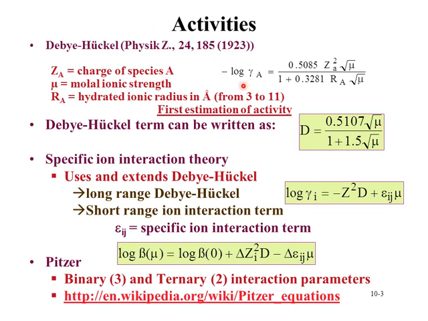It's a rather straightforward equation. Here's your activity coefficient, where we have some constants, and some of the conditions involved are the charge of the species, the molal ionic strength, so not molar but molal, and the hydrated ionic radius in angstroms. You can develop a term for the Debye-Huckel reaction, which is listed here in this equation, where we just get this term as a function of the square root of the molal ionic strength. The Debye-Huckel terms are useful for extending activities to higher ionic strength. The Debye-Huckel equation is really reasonably good for low ionic strengths,